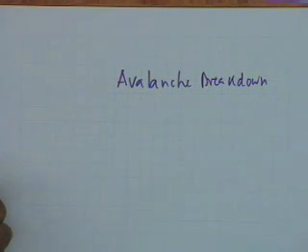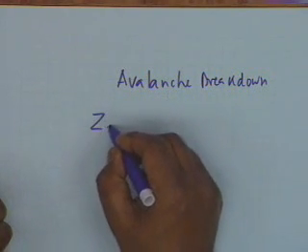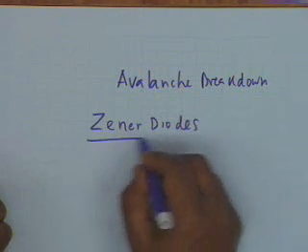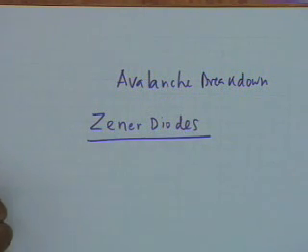However, as I said, the Zener effect is more popular because it can be precisely controlled. Avalanche breakdown is not as precisely controllable as Zener breakdown, and therefore Zener diodes are very popular